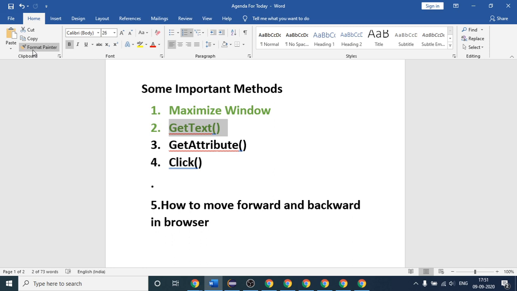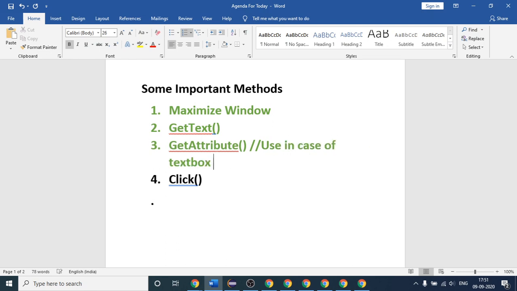And one more thing, we have also covered how to use this method, let me write it here: use in case of text box value extraction.